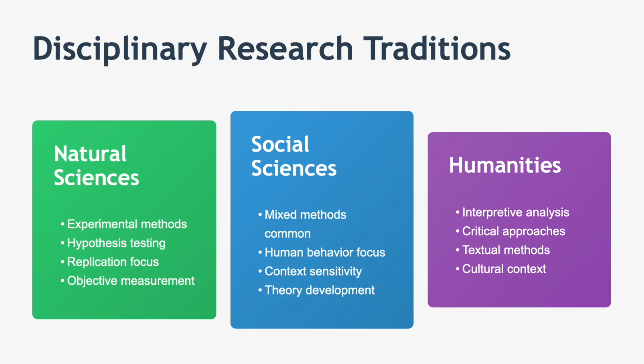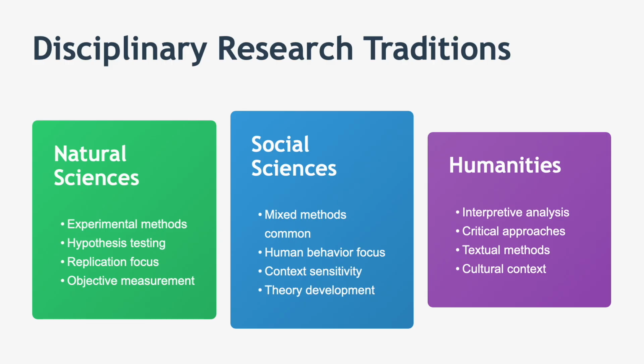Now, let's examine how different disciplinary traditions have shaped distinct research cultures. Though these boundaries are becoming increasingly permeable, the natural sciences, shown in green, have traditionally emphasized experimental methods, hypothesis testing, replication, and objective measurement. This tradition values controlled conditions, mathematical precision, and the ability to isolate variables to establish causal